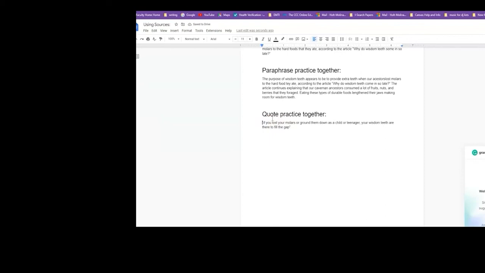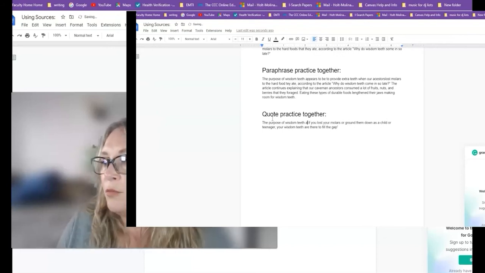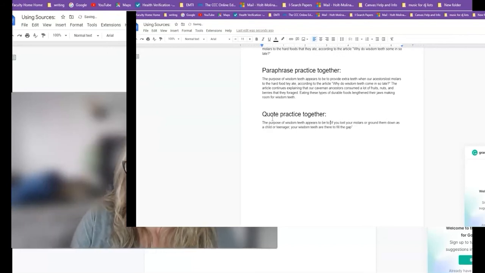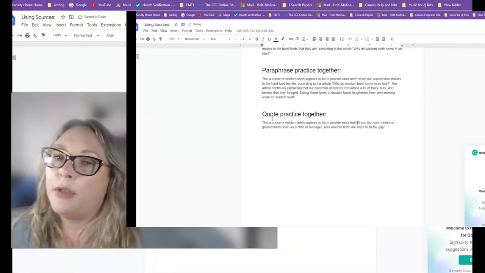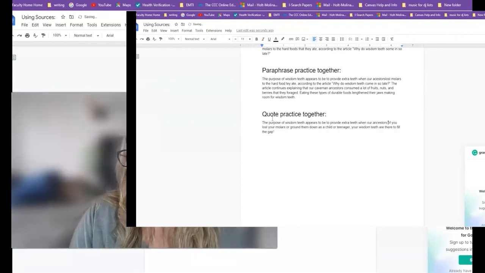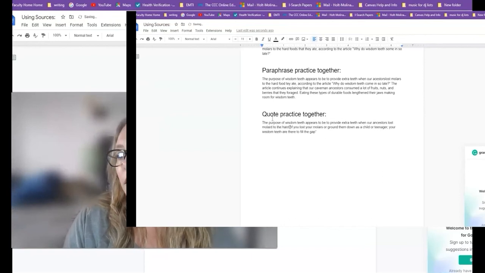That way I have it, and I can make sure I don't make a mistake. Just in case if you lost your molars, I'm going to make sure I put this in quotation marks. Notice how I use just a very small piece here too. So I'm going to kind of use some of what I set up here and then put it together. Maybe say something like the purpose of wisdom teeth